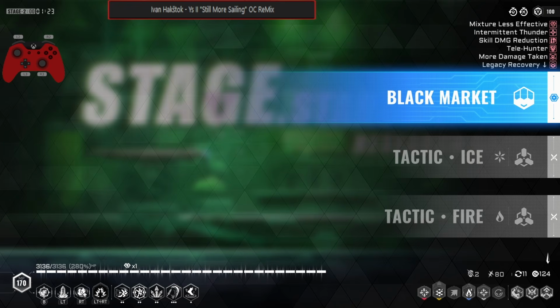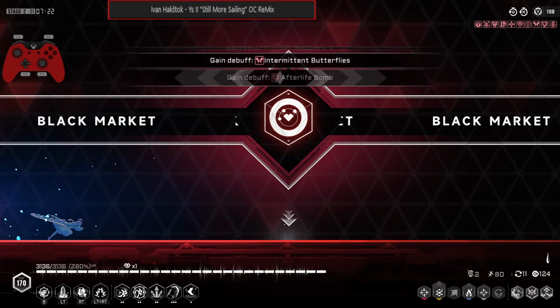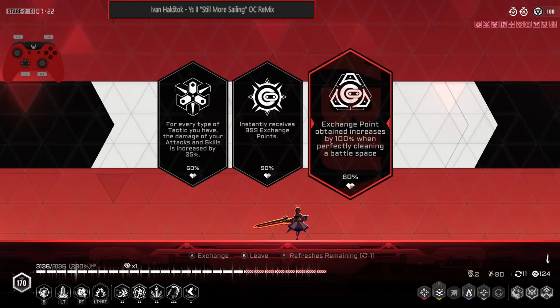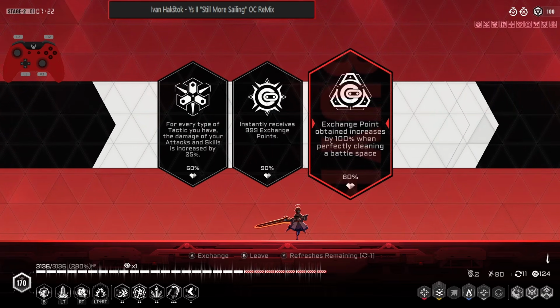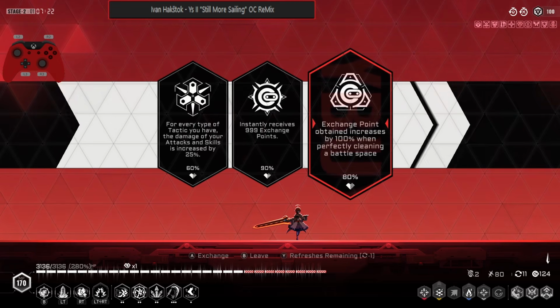Oh, we got Black Market early. Depending on what I see here, I might actually go character damage instead of tactic damage. I could go ahead and take exchange points. That's going to give us a lot of extra money to buy potentials. Or I could try to reroll for...